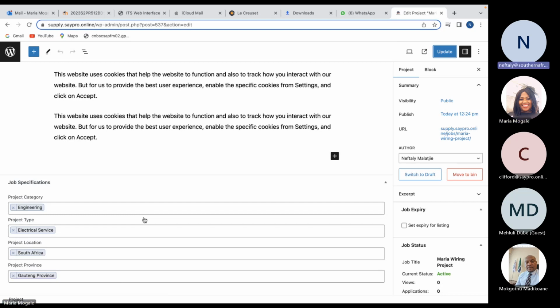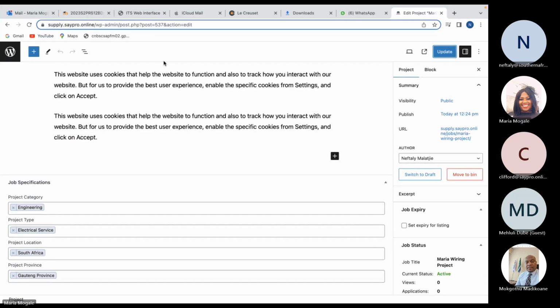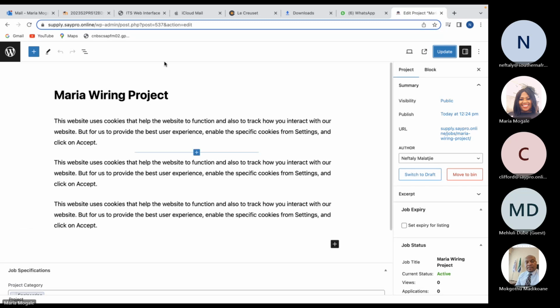Are you gonna share your screen? No, we will use yours, it's fine. Maybe in the meantime, you can share the contractors' login details. I just want to see how they receive them. You can refresh that form.